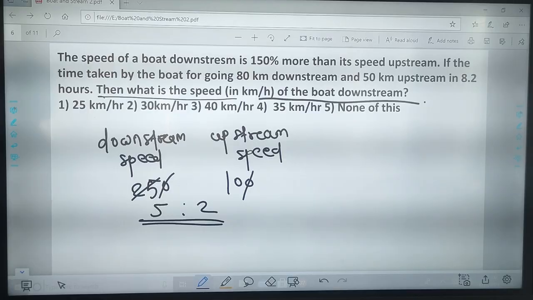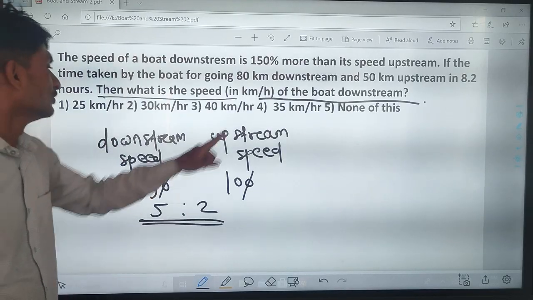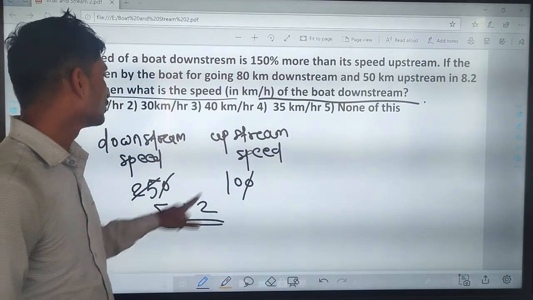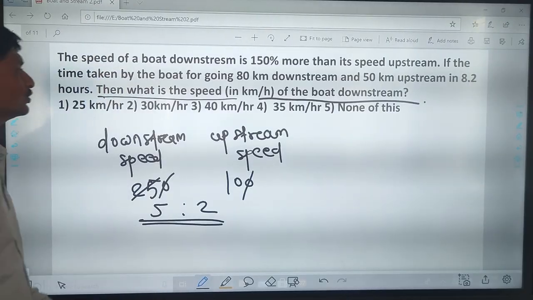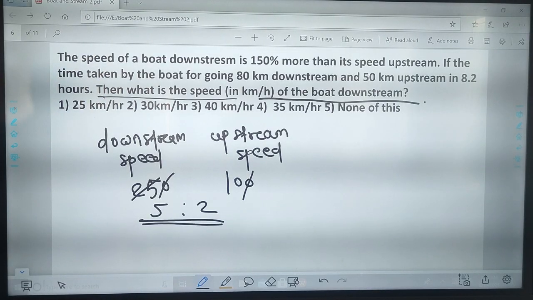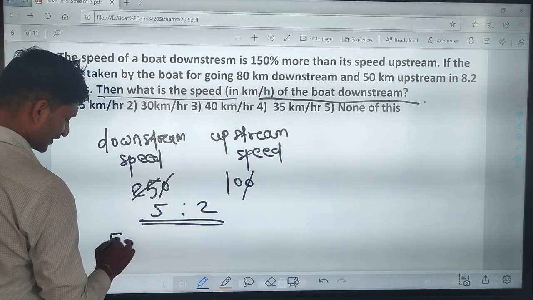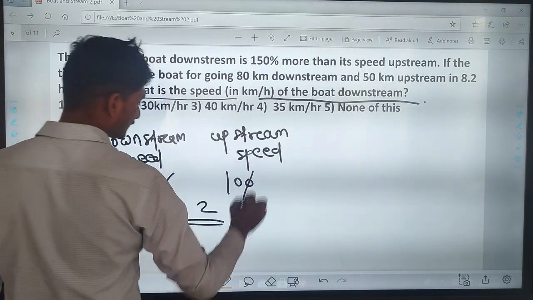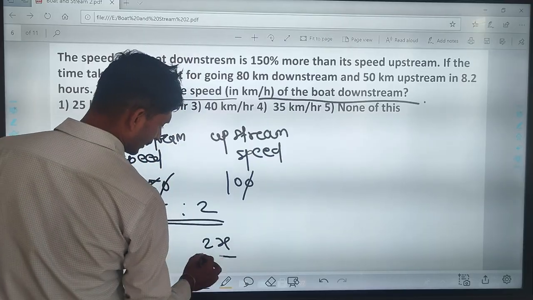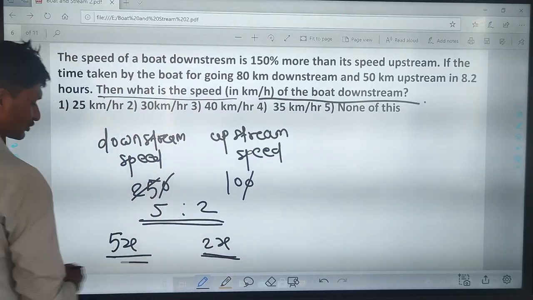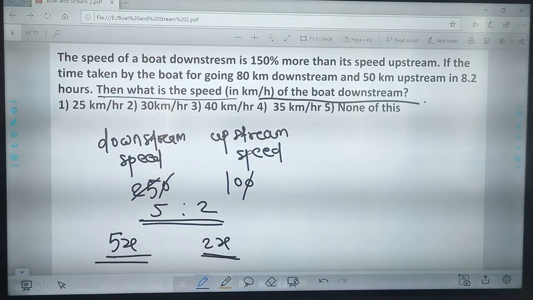The ratio of downstream speed to upstream speed is 5:2. So downstream speed is 5x and upstream speed is 2x. Now here,